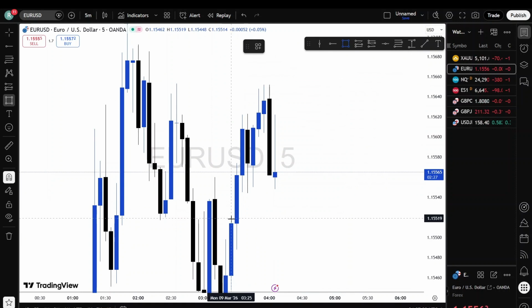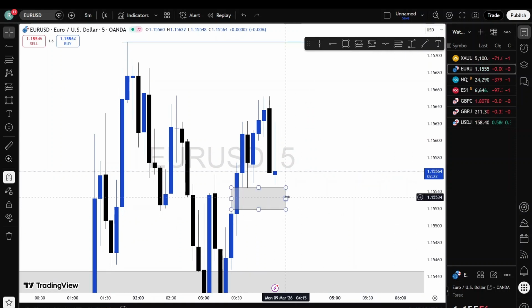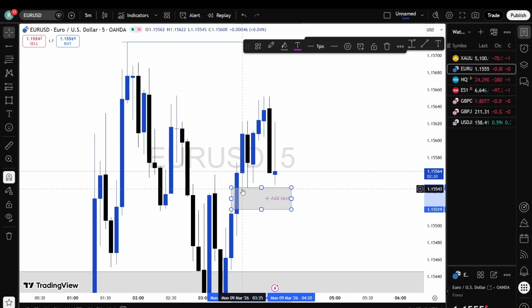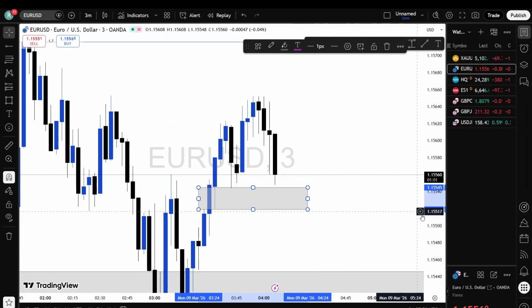This bullish FVG got created in 5 minutes time frame, and after that price went up using this and then went down again. This came down again, but didn't create any selling FVGs as well. So 5 minutes I'm still bullish, right? So we don't need to take confirmation in this 5 minute time frame, so we need to switch to the lower time frame. Now 3 minutes,